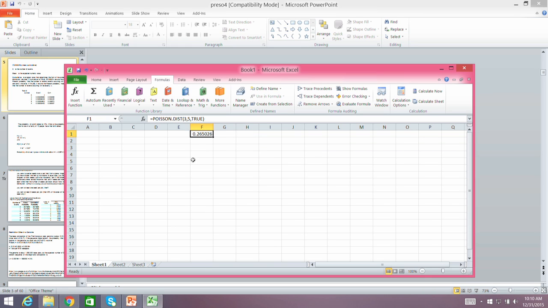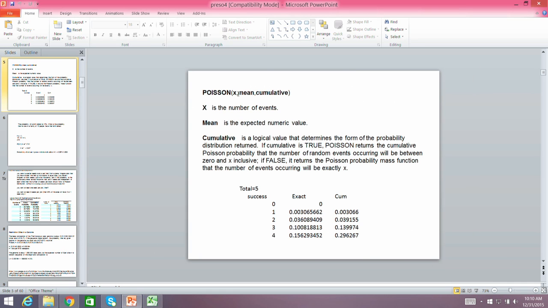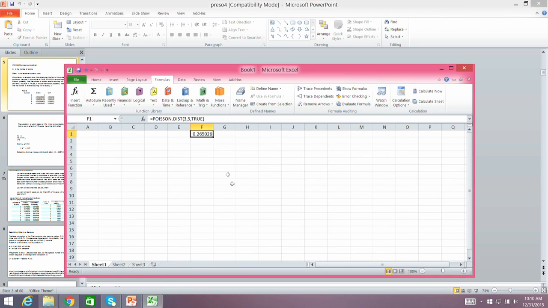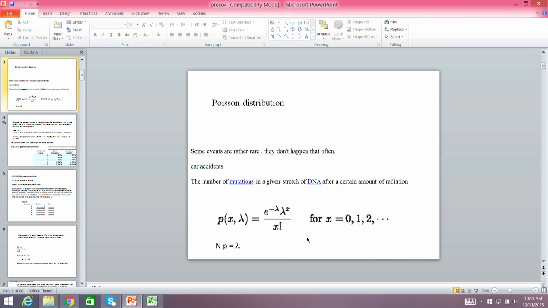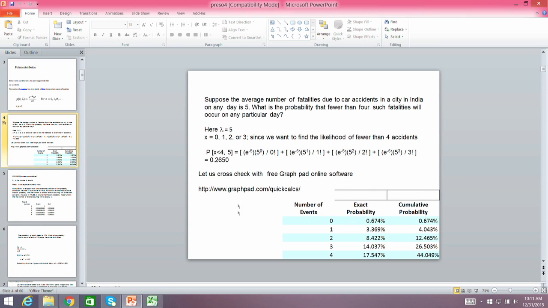Okay, so you got 26%. So in the Poisson distribution we have X, the number of events we are looking at, mean is the expected numerical value, and the cumulative is true in this case. So here we are having 5 fatalities expected on any particular day, but we are looking at fewer than 4. So I have put 3 here and I have put true here, and we get the answer as 26.5. Okay, which matches with whatever we got here. We got 26.5 and 26.5